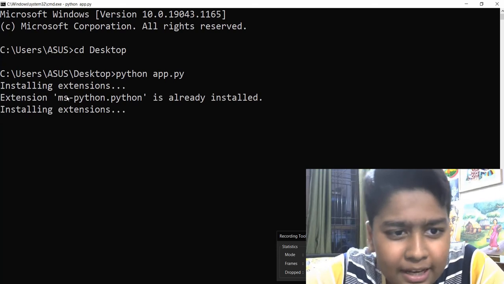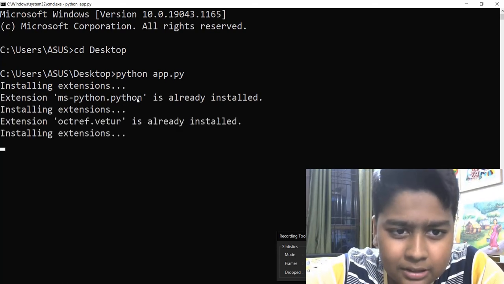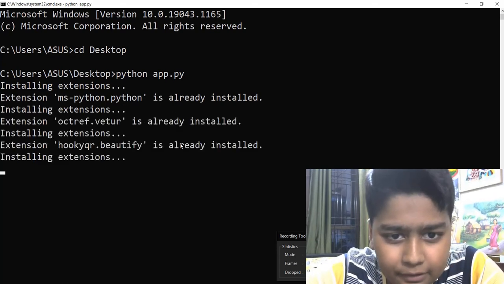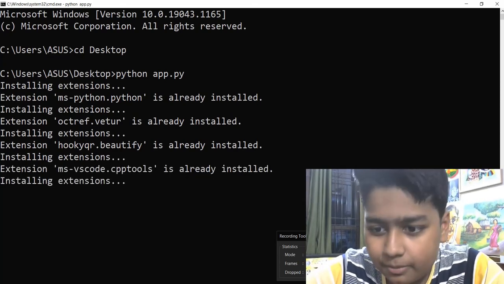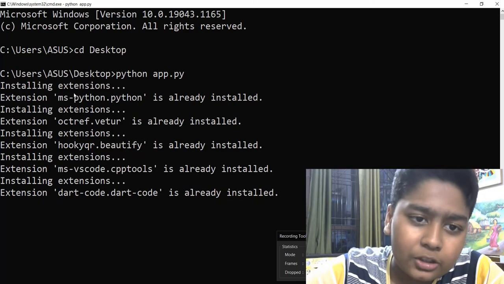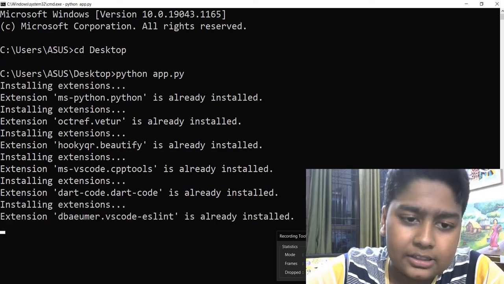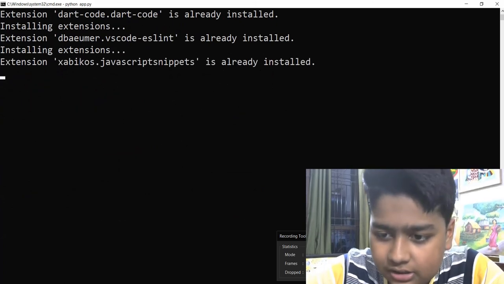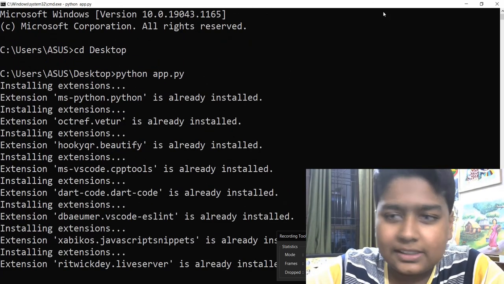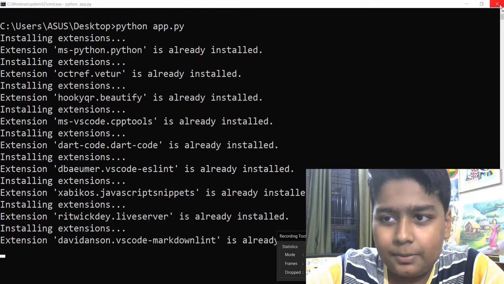It's showing me that the extension ms-python.python is already installed. See, everything is already installed because I already did the configuration before, but yours will show installing one by one. It will install all the extensions. Okay, so no worries. I'm going to stop it here.